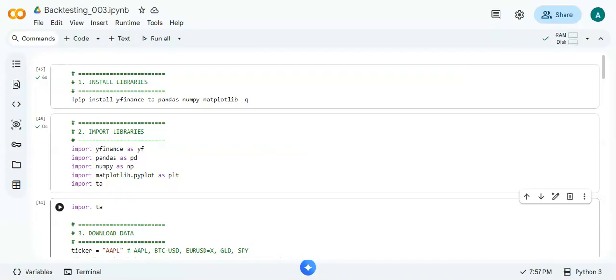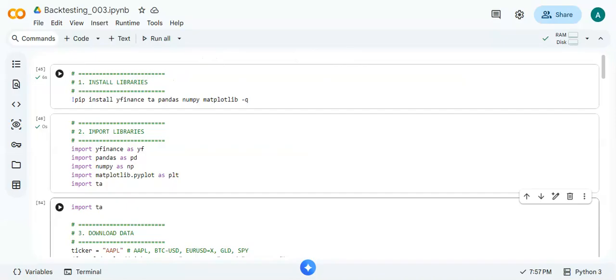So again, we're going to use Apple stock, the EURUSD Forex pair, gold, the S&P 500 index, and the crypto Bitcoin USD pair. This is the starting point. I'll go through the strategies and the code briefly, and we'll execute them one by one so that you'll see the hard numbers,